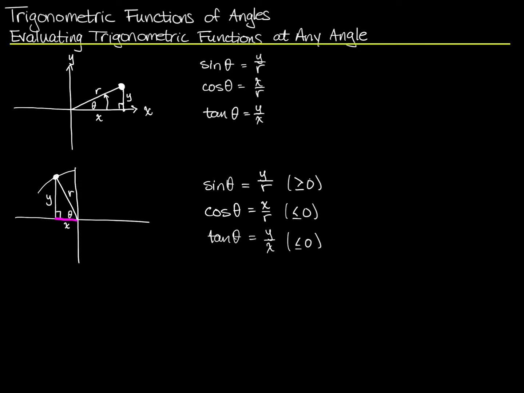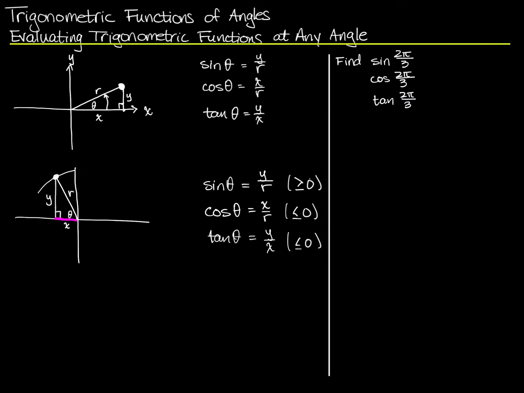And then once I've done that, I'm going to do one for each quadrant so we can see exactly what happens in each case. I'm going to start by finding the sine, cosine, and tangent of 2 pi over 3. To do that, I'm going to start by looking at where 2 pi over 3 is. What is that angle? Well, let's see, 2 pi over 3